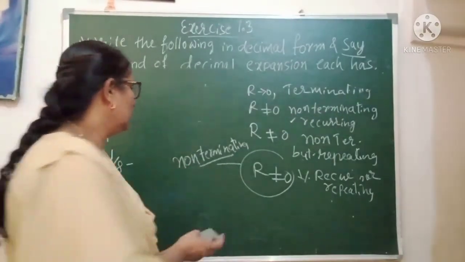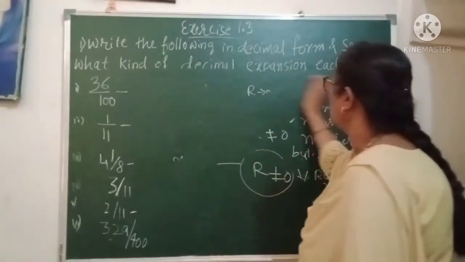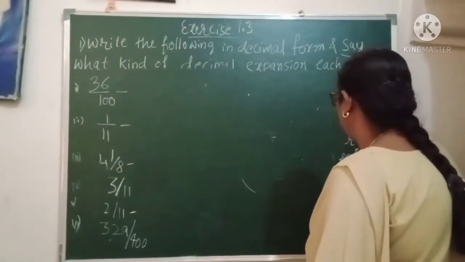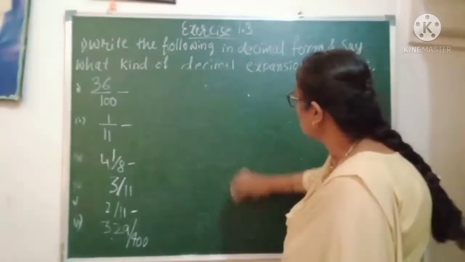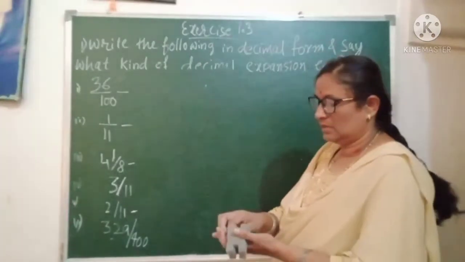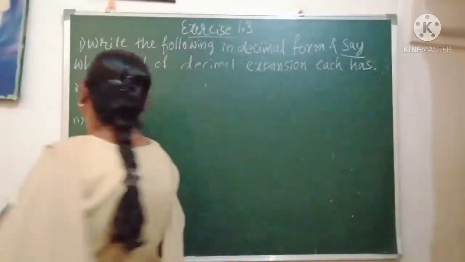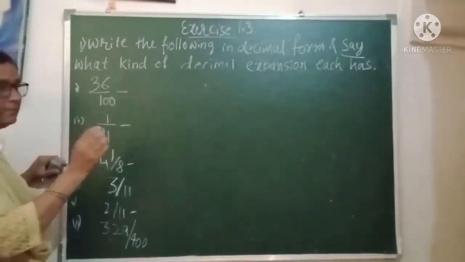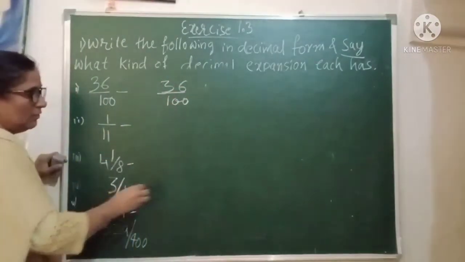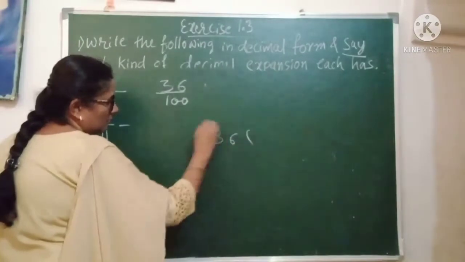Okay, let us do this one. Sometimes we need the actual division. Otherwise, if you are perfect and if you know the basic things of division, you can do them directly. Now look at this one. This one I explained in my 5 minutes video. See how to divide this one. Very simple. 36 upon 100. It is not necessary to do the actual division.